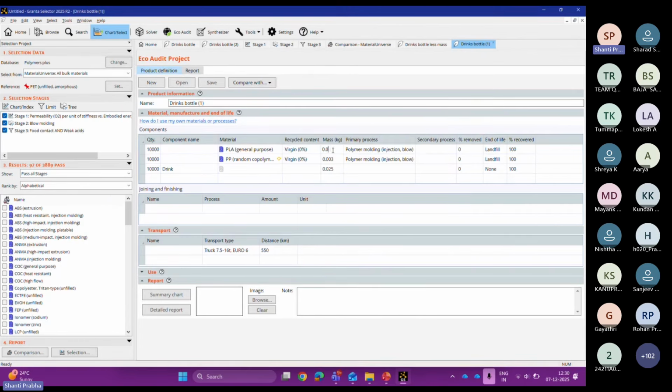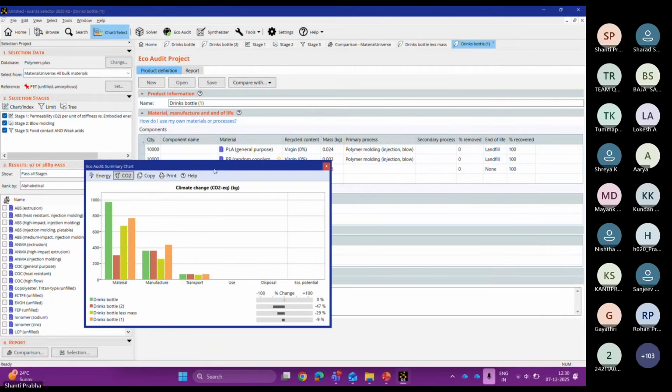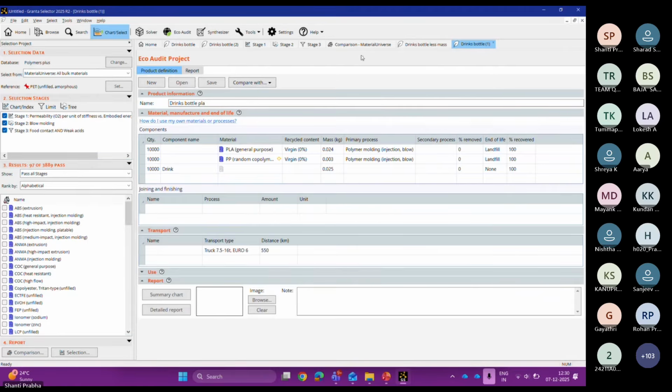We can look at mass reduction later, but we'll see the original mass itself. Yes. So, what are these? Name them. So, this is